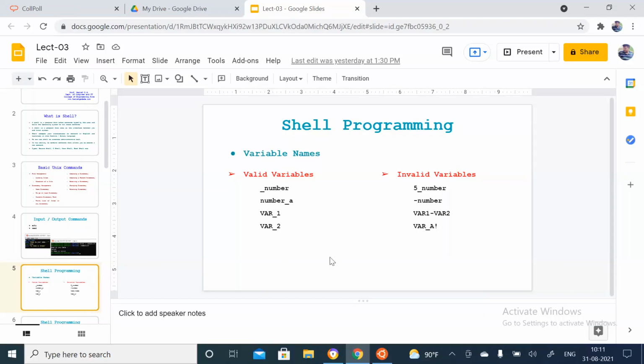Valid variables can be a simple string, or use the underscore sign before or in between the string. Invalid ones cannot start with a number, and we cannot put a dash or this sign inside. You have used variables in Python, C programming, and other languages, so I'll not go into detail, but the main thing is to understand how to use variables.